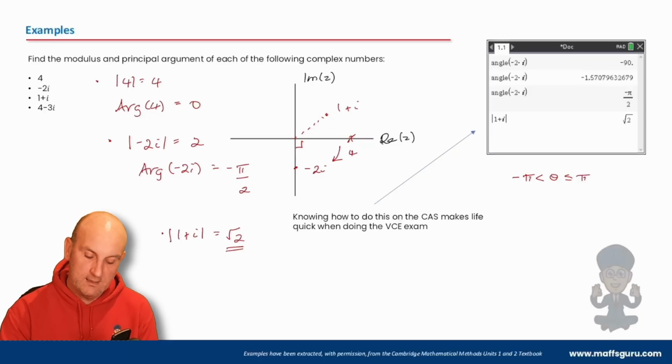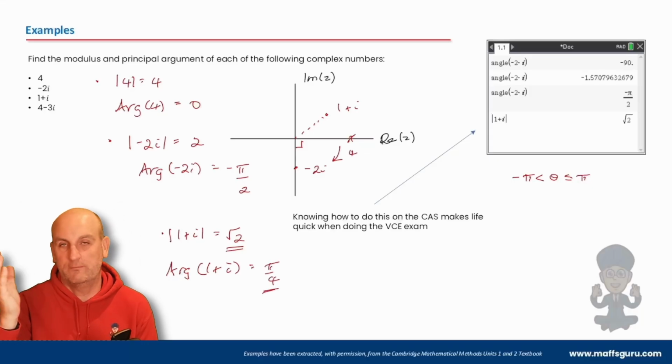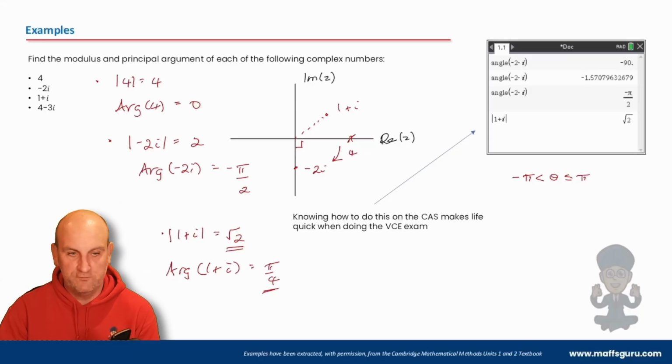And what is my arg? Well, we know that that is basically going to be pi on 4. So my arg of 1 plus i is going to be pi on 4. Why? Because it's 1 divided by 1, tan moving on. So pi on 4. What about the next one? Well, my last one,